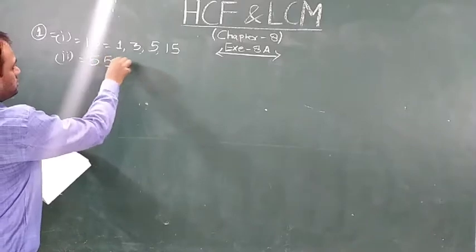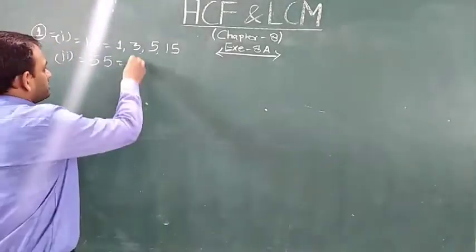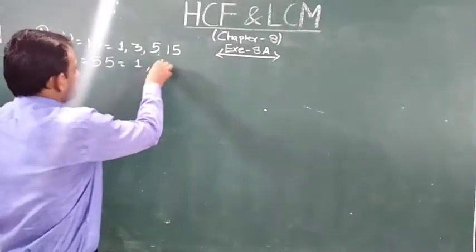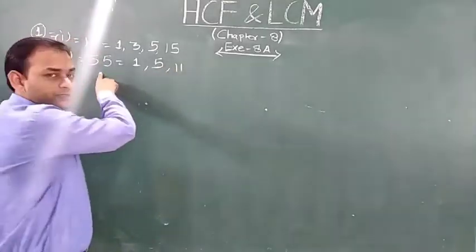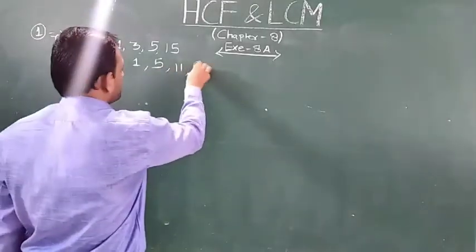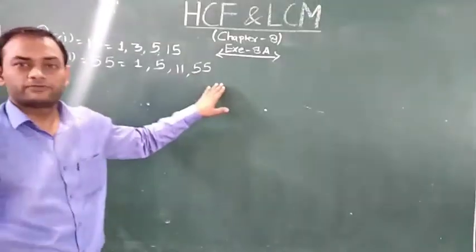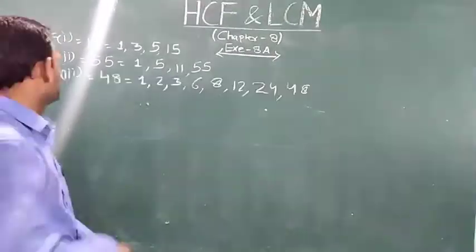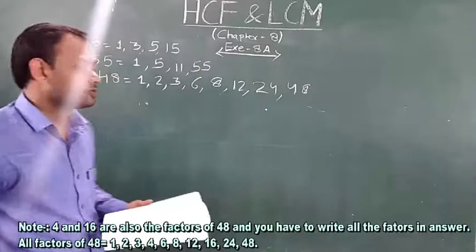One more. Like I am just taking the second, 55. What are the factors of 55? Yes, 1 will be there. Then 5, 11, and then 11 5s are 55, and then 55 itself. So 1, 5, 11 and 55 are the factors of 55. The rest of this, 36 and 84, you will do on your own.